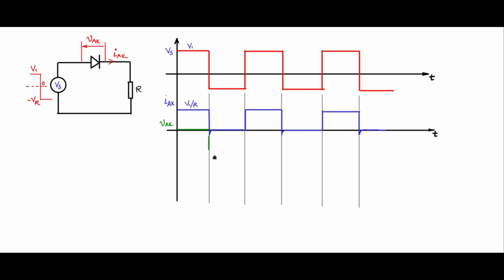And then during the off state, it blocks the reverse voltage. So again, on state and off state, it blocks the reverse voltage, and this keeps repeating. The reverse voltage it blocks will be the same as the reverse voltage of the source, minus VR, which means the entire reverse voltage will be blocked by the diode, because it would have reached an infinite resistance during the off state or the blocking state.